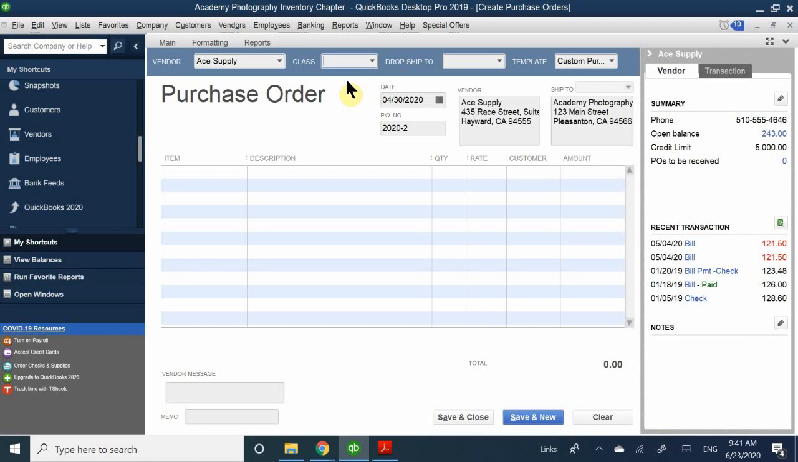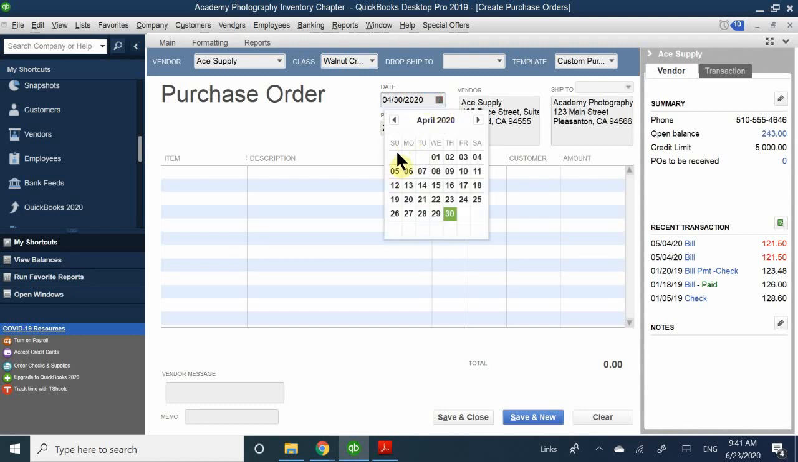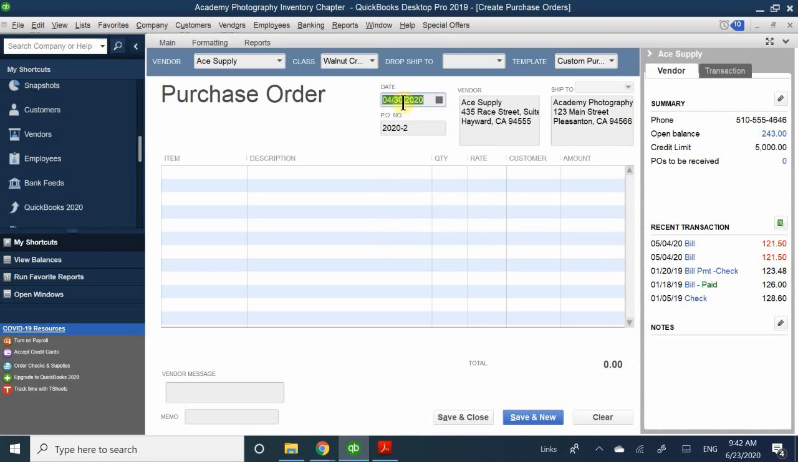Let me see, my class is Walnut Creek, and this is going to be purchase order number 2. And let's say in the meantime, while I was waiting for my stuff to get shipped in, I made a purchase order on the 30th, because I didn't know where the rest of my items were going to be. I didn't know when they were going to be coming in. So I decided to go ahead and place another order for,